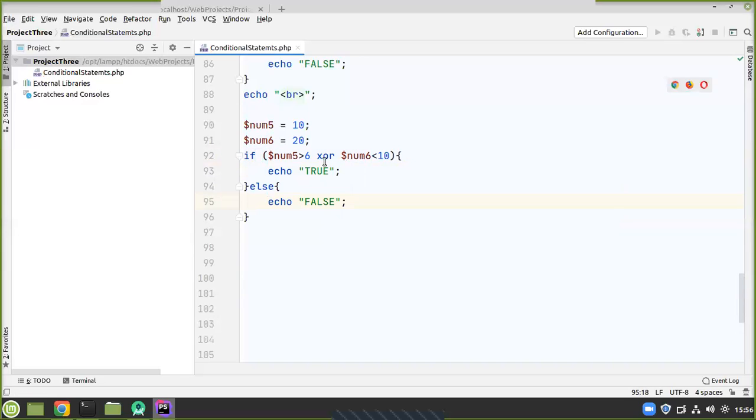Now, ladies and gentlemen, you see, this can only be true if either of them is true, but